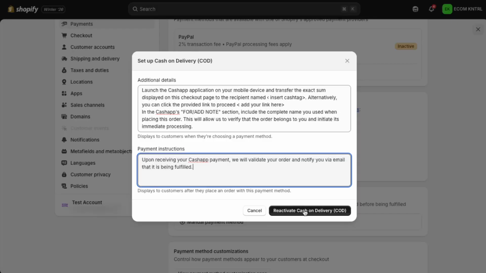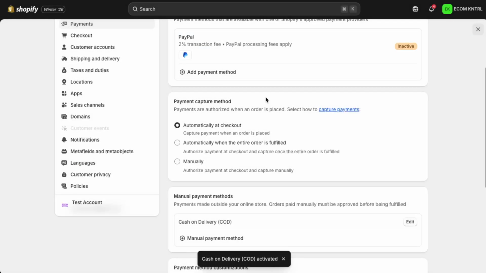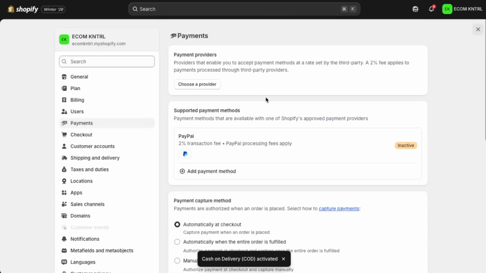When you're happy with the wording, scroll down and click on Activate Cash on Delivery. This will save your settings and turn this method on as a payment option. Now, when customers check out on your store, they'll be able to choose this method and follow your instructions